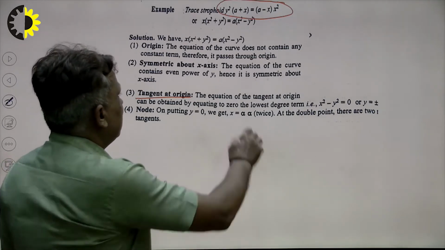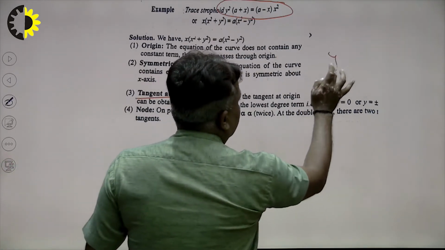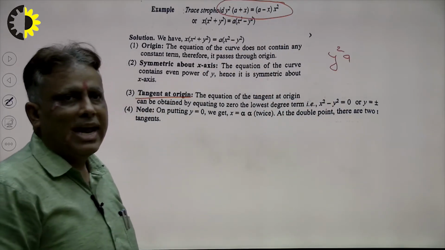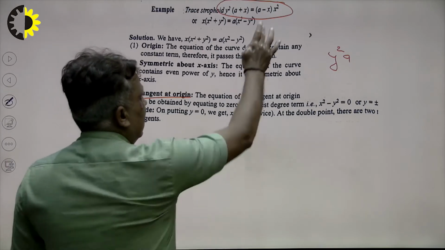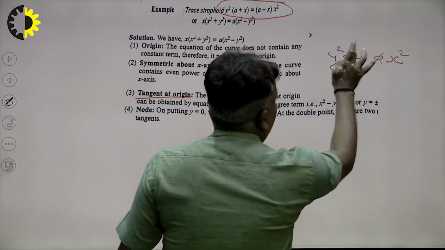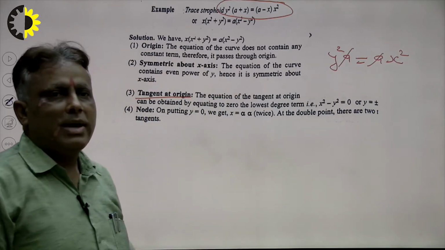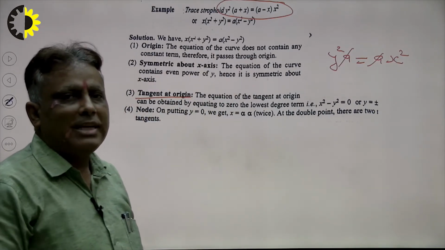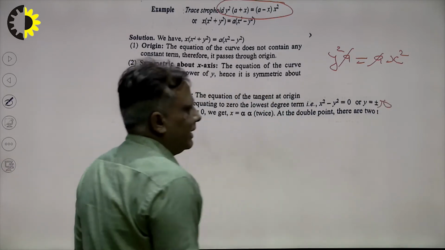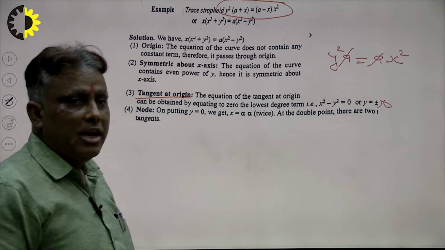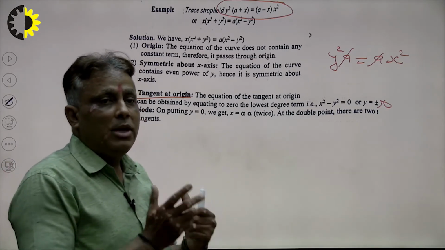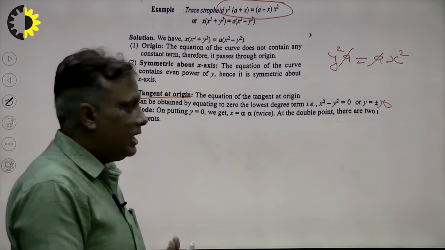How to? Right, multiply y square by a, so I write here y square into a, and that is y cube, y square x, that means degree 3, and there is a equal to a x square, right, a cancels out, so y square is equal to x square, that means y is equal to plus minus x is the tangent at the origin. I write here y is equal to plus minus x, that means there are two tangents. If there are two tangents, then the nature of the curve will be a node here, that means a double point.